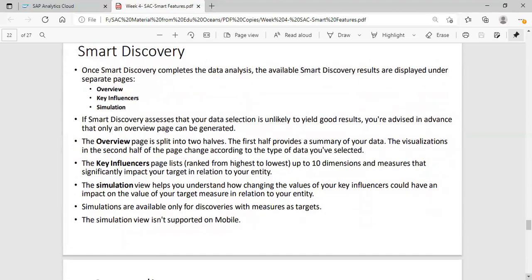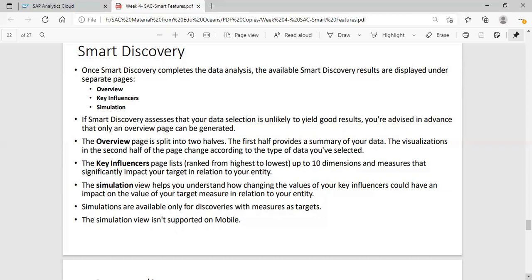And also remember, influencers and contributors are available in smart insights also. Whenever you enable the smart insight features for any data, you will see your key influencers. It will also populate the data, or convert the data, in terms of contributors. So those particular things are also available in smart insights, and similarly they are available in smart discovery as well.